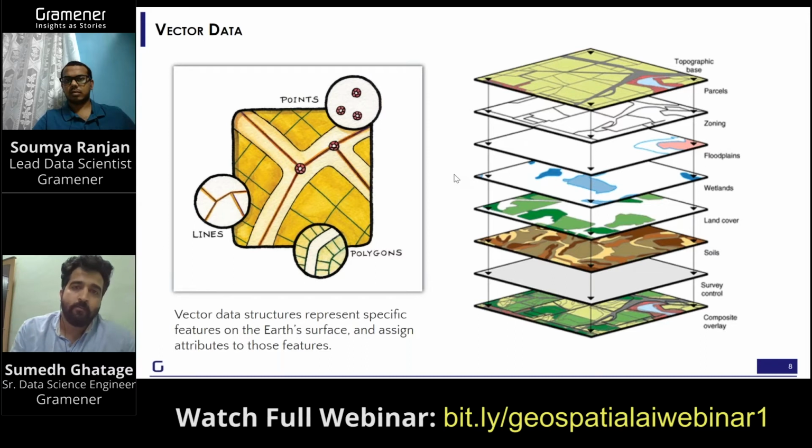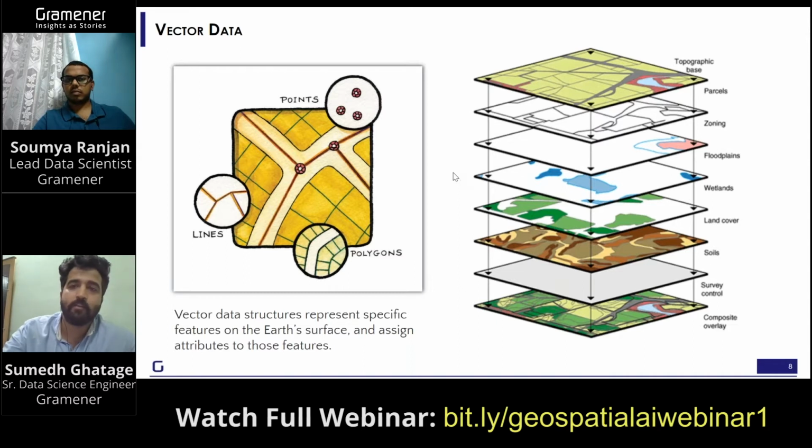Any kind of network, for example an electricity network, gas pipeline network, or sewerage network, is represented in line format. And the polygon format can be rectangular or any particular shape with respect to the object on the earth. For example, if I'm looking at a particular imagery or a house from the air, I see an orthogonal space, so I draw one polygon around it. It might be a square or any irregularly shaped polygon. So these three features cover all the data sets on the earth.